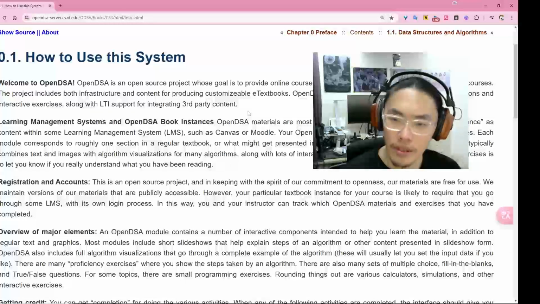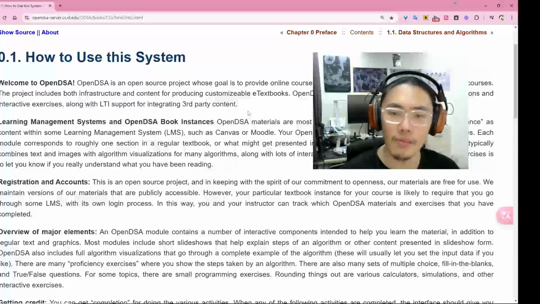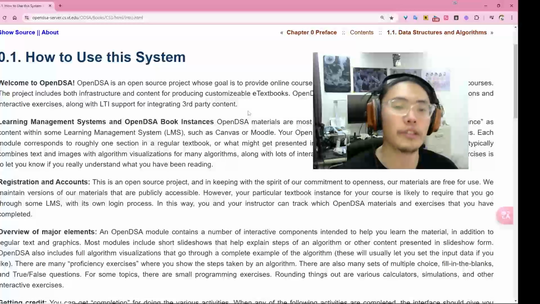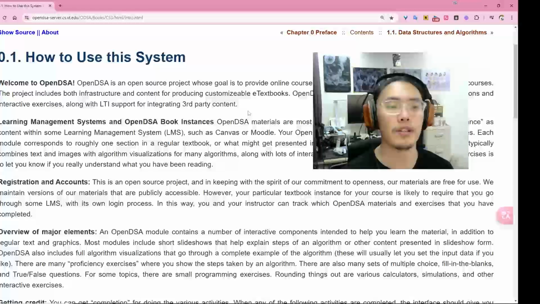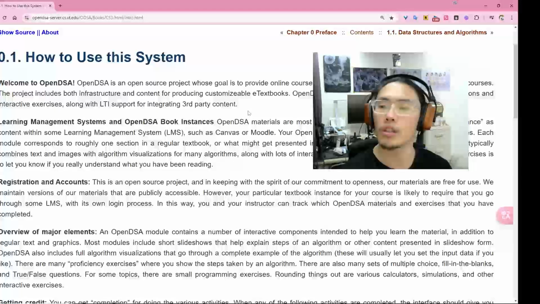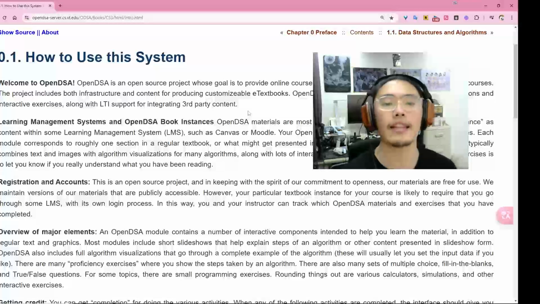Learning management systems and OpenDSA book instances. OpenDSA materials are most often presented in the form of a textbook instance as content within some learning management system, LMS, such as Canvas or Moodle. Your OpenDSA textbook is made out of a series of modules. Each module corresponds to roughly one section in a regular textbook, or what might get presented in part of a